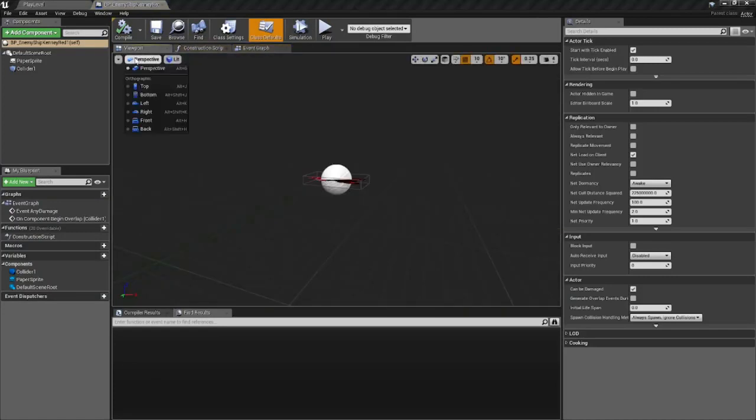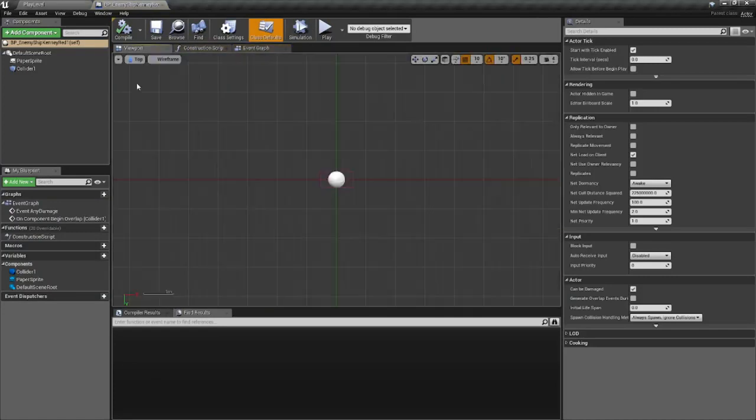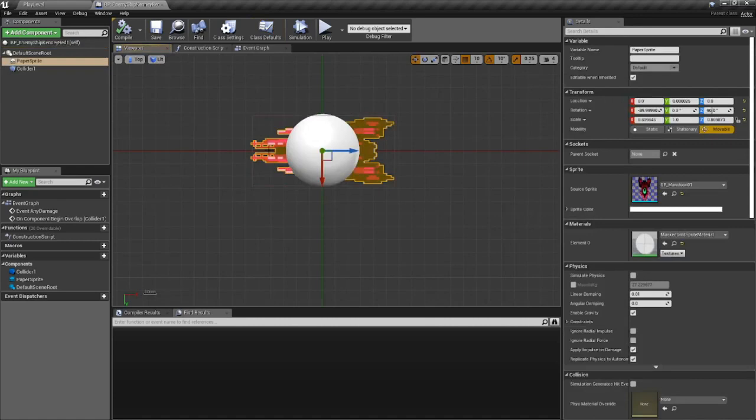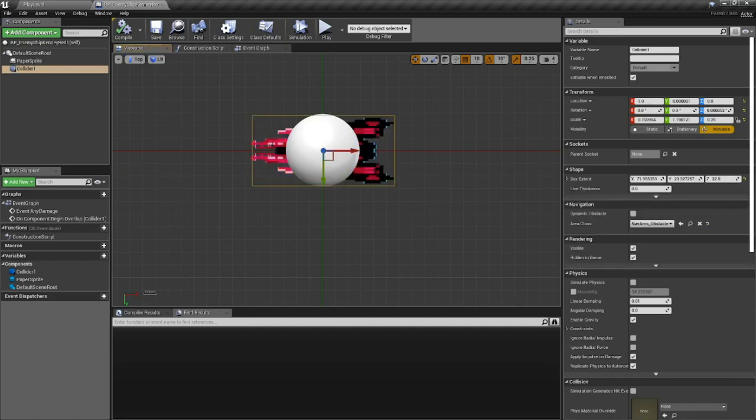go into the viewport, and on your perspective switch it to top. The wireframe, switch it to lit. Scroll down. If we click on the enemy ship, you can see the sprite, and on the outside you can actually see the collider for it. So we just have to make it kind of fit the collider, or if not, we can adjust the collider a little bit, but we can see the scale of what the ship needs to be.